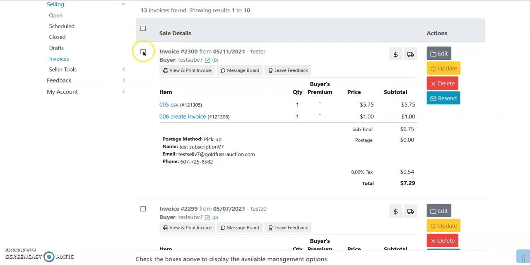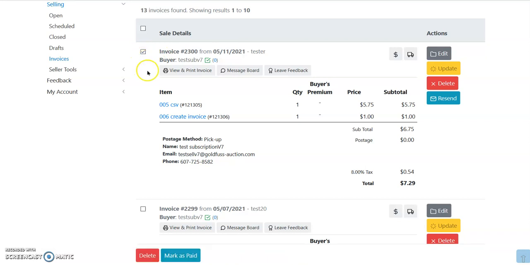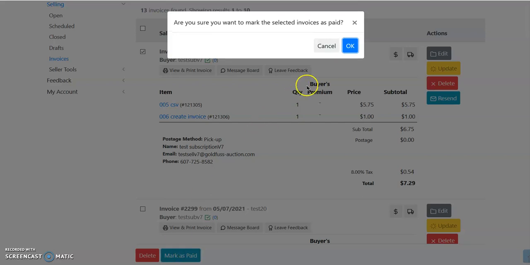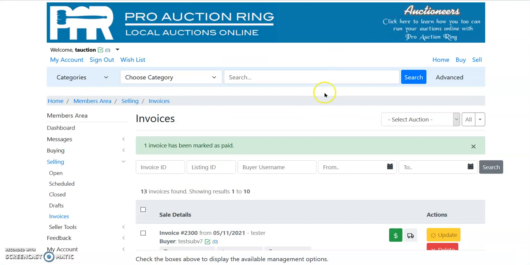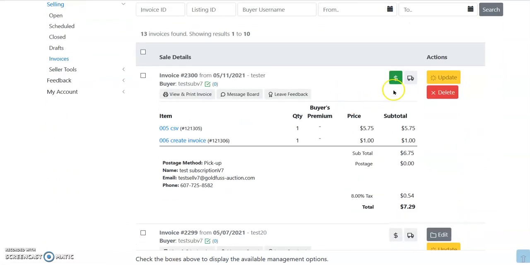We're going to mark this one that it was paid. And as you can see, once I did that, this turns green and says that they were paid. Says that we're still processing. In order to set that correctly,